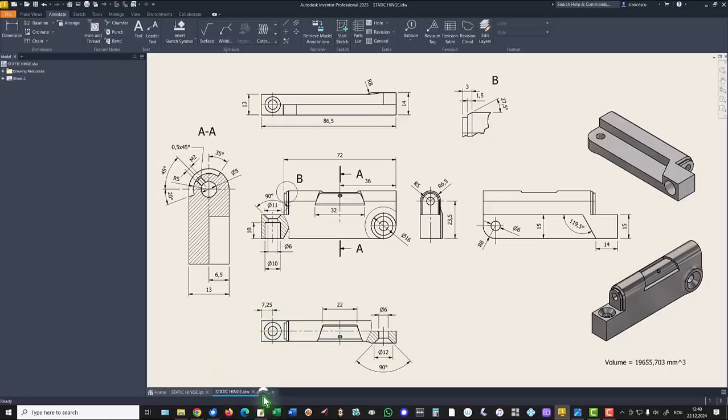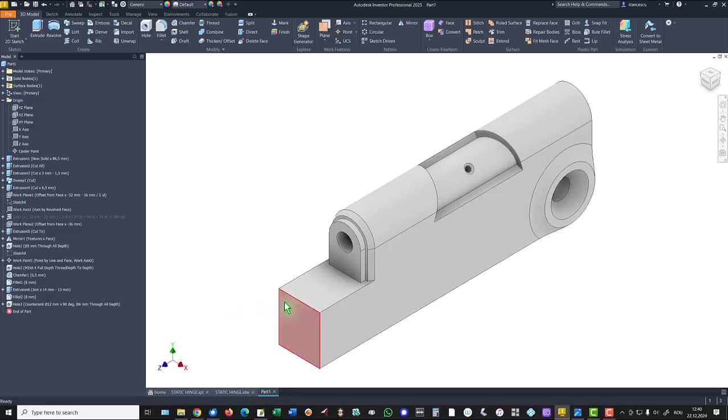We'll use the mid this plane to create another one at minus 7.25. A new sketch in the new plane,